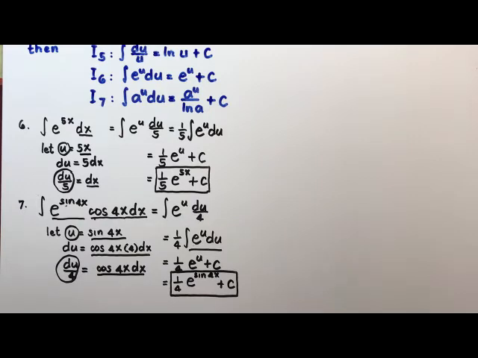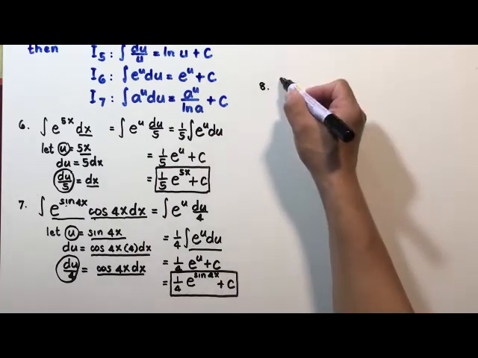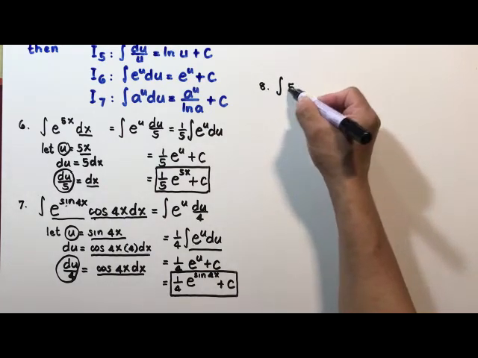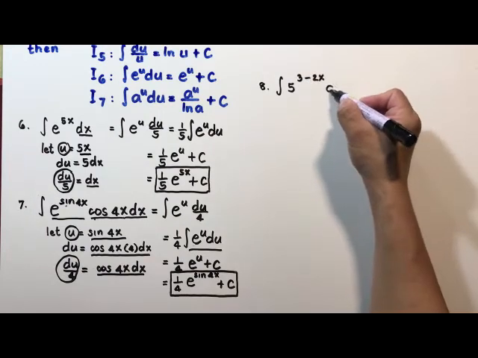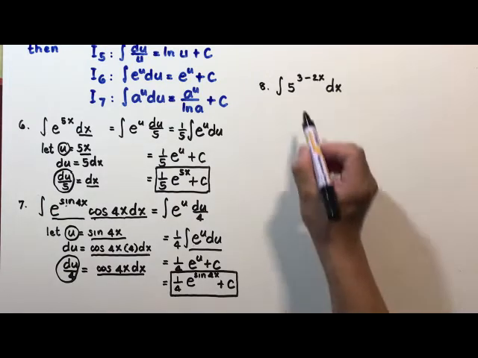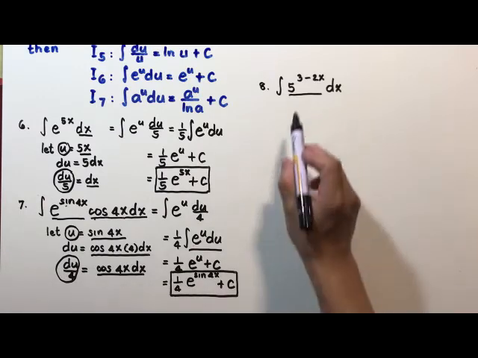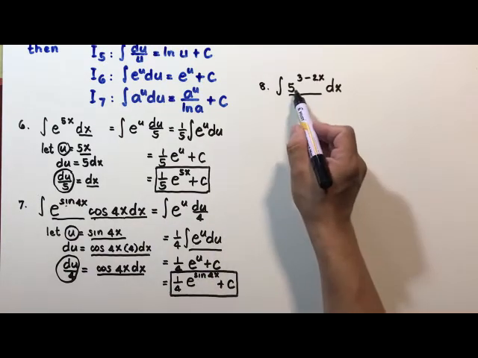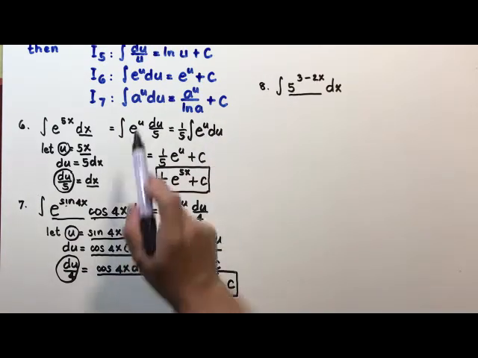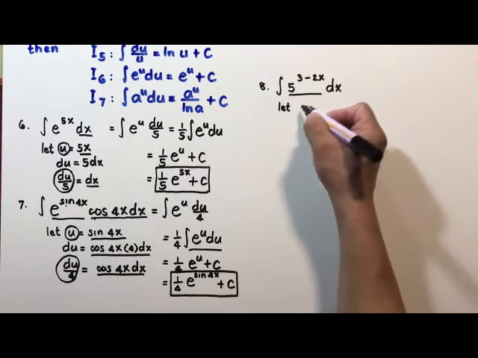Now let's proceed to example number 8 here. What is the integral of 5 to the power 3 minus 2x dx? Now you see that our integrand is still an exponential function, but the base is not the natural constant e, but some constant, which is here 5. So looking at these three formulas, we can apply formula number 7, that when we let a be equal to 5,